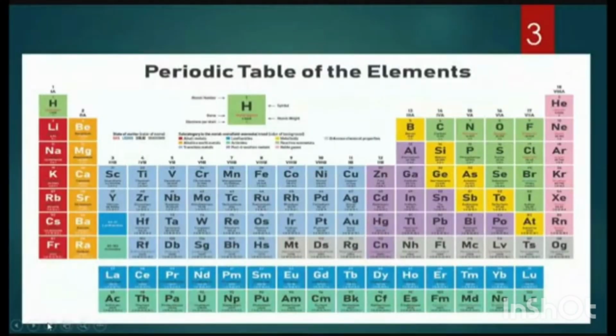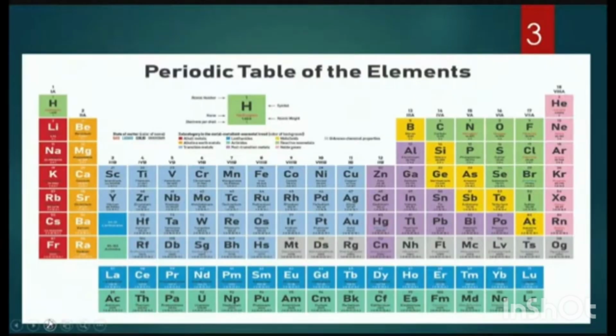So this is the periodic table. Last year you studied the S block elements as well as the P block elements. That is why this year you will be studying the remaining two blocks, that is D and F block elements. The elements of the first two groups are collectively called the S block elements,